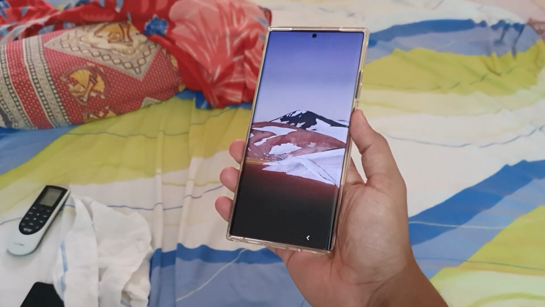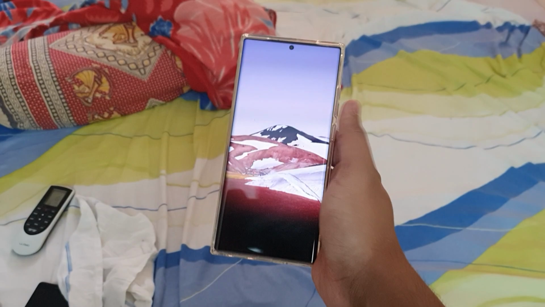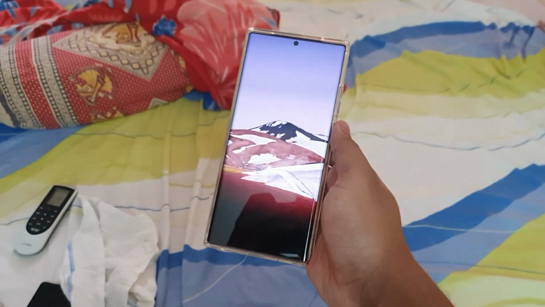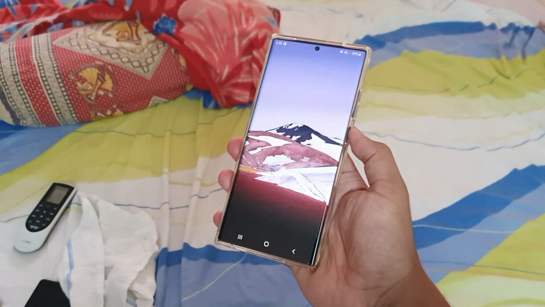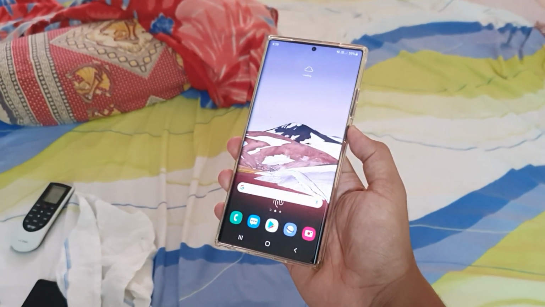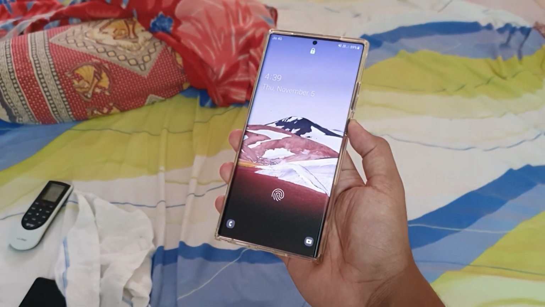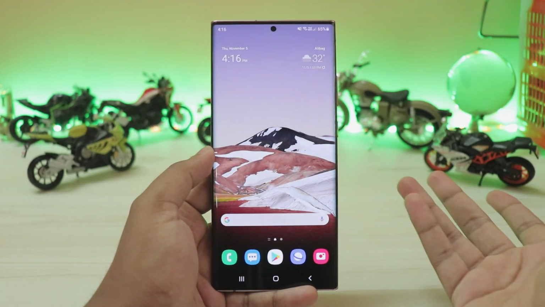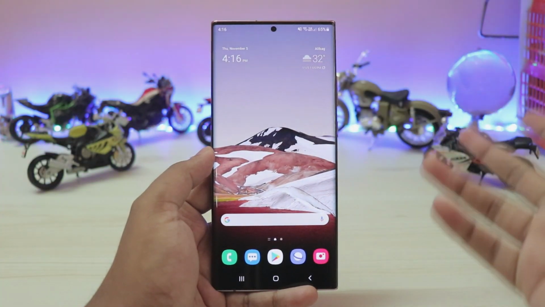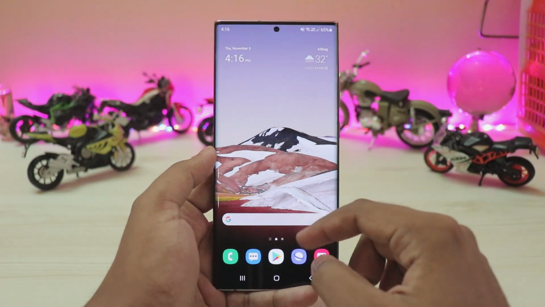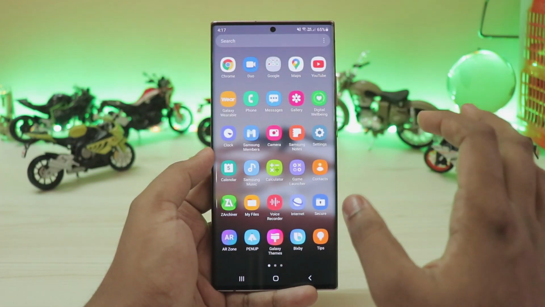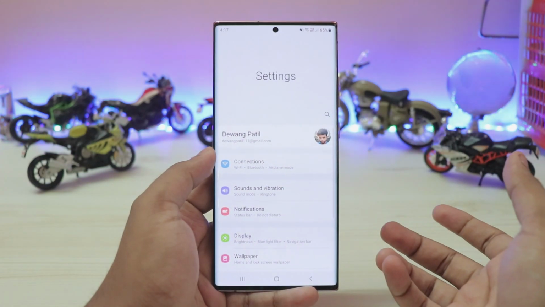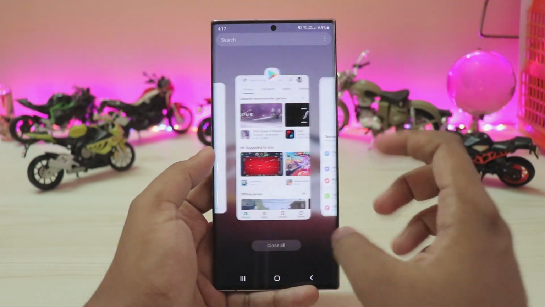Even if you go to the lock screen, if you have a custom clock, not the default center one, the default center one still applies itself. It's really weird. You have to unlock the phone before it changes back. But the fingerprint scanner speed has been greatly improved. Again, the unlocking times are still not great when compared to the Galaxy S10 Plus. It still takes 1 to 2 seconds to display the content, but the speed is much better and accurate. If you go to the apps, the app opening speeds are far better than before.